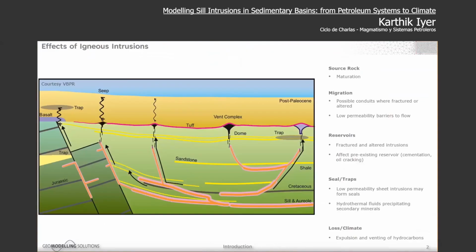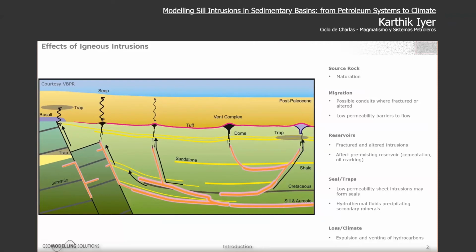So magmatic intrusions, we've heard a lot about it from Ben already, but I'll quickly touch upon why we need to care about them, especially if we're dealing with petroleum systems, which I assume most of you who are listening are. So one simple effect is you put a hot body in, like a magmatic intrusion in sedimentary basins, and if there are source rocks lying around it, they're going to just mature and generate hydrocarbons, which is of great interest.